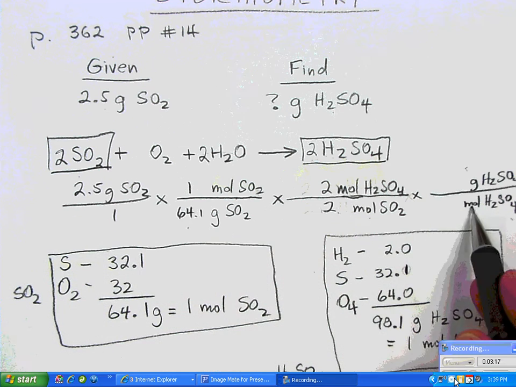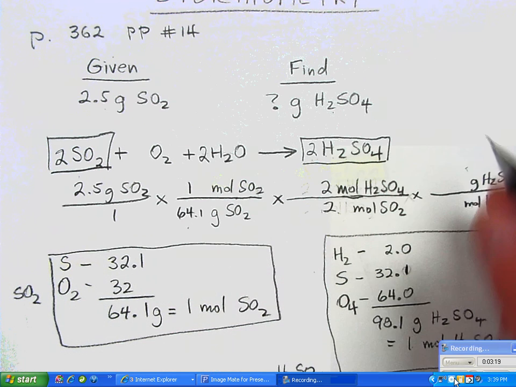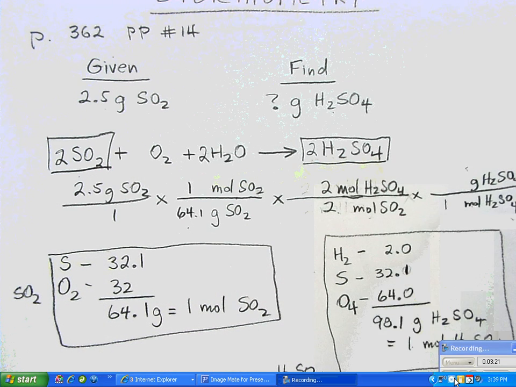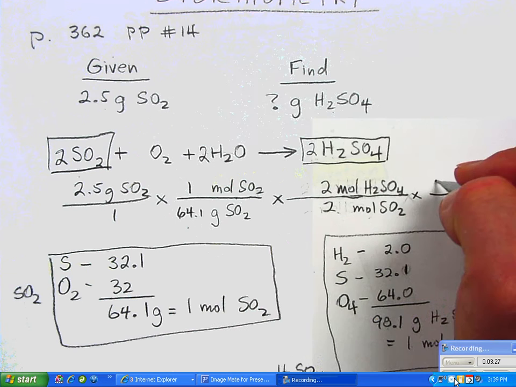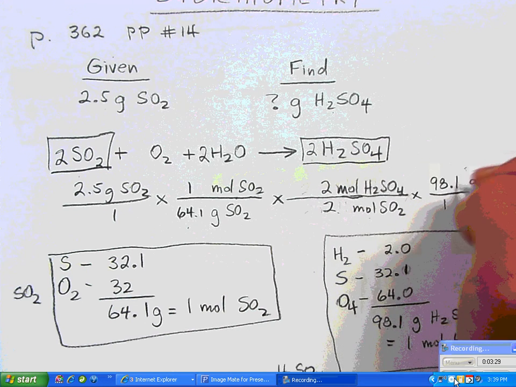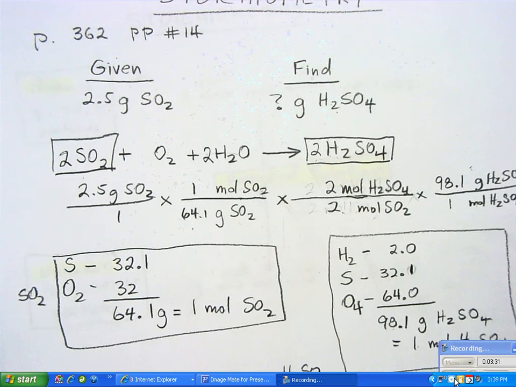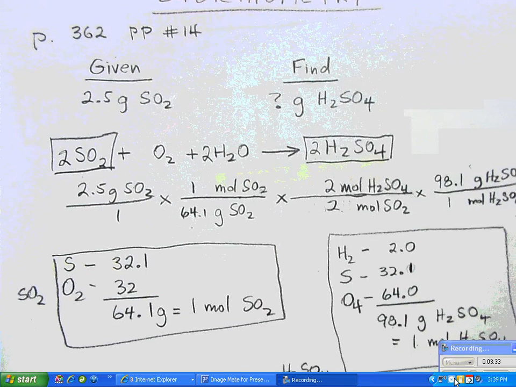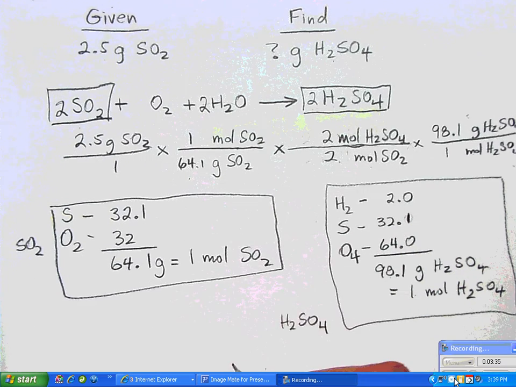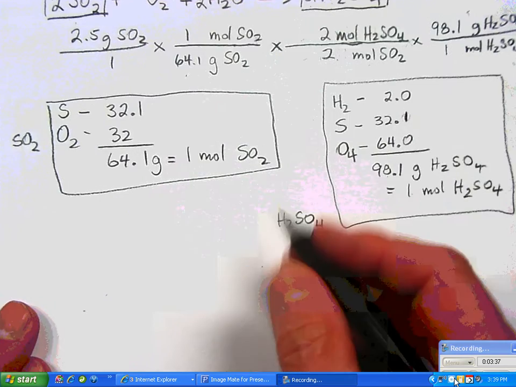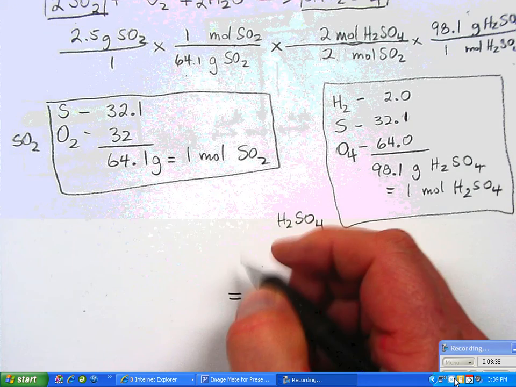With the moles, we have the number 1. And with the sulfuric acid, the grams, we have 98.1. And now we're ready to do the calculator magic, and the actual answer to this problem I'm going to put down here. And this whole thing is going to be equal to